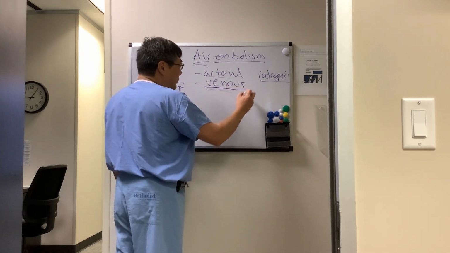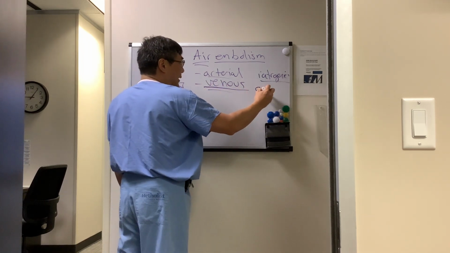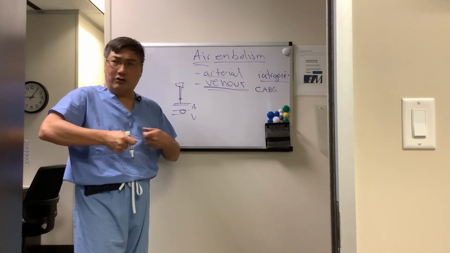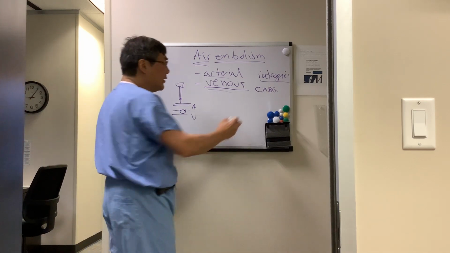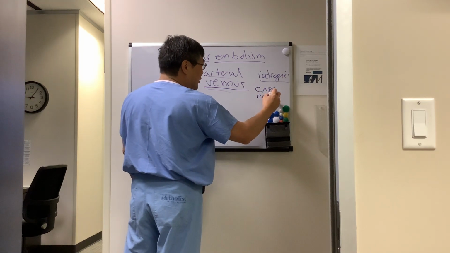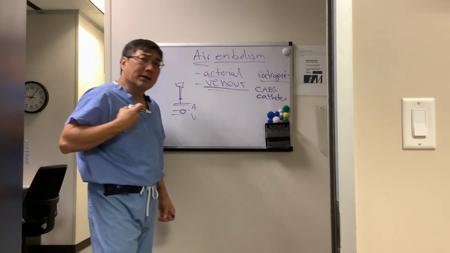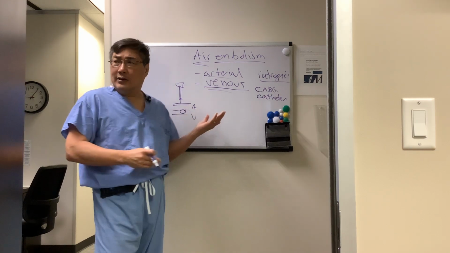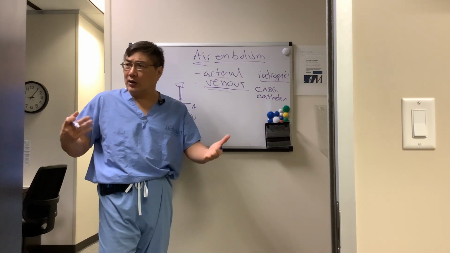However, it can happen after surgical procedures like coronary artery bypass graft, where you're actually having to have a machine hooked up to the arterial and the venous side, or in catheter procedures like central lines, where the placement or removal of the line can allow air to enter into the internal jugular or the subclavian or whatever vein you're